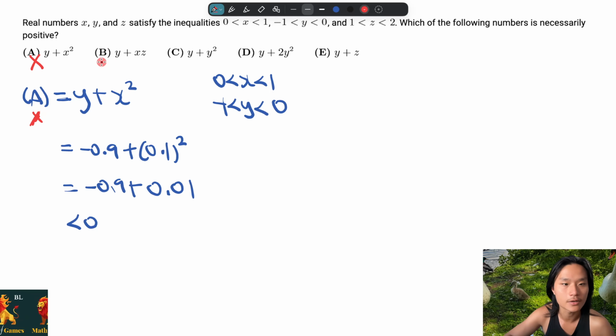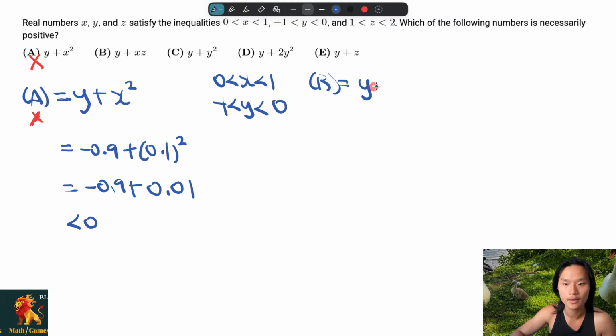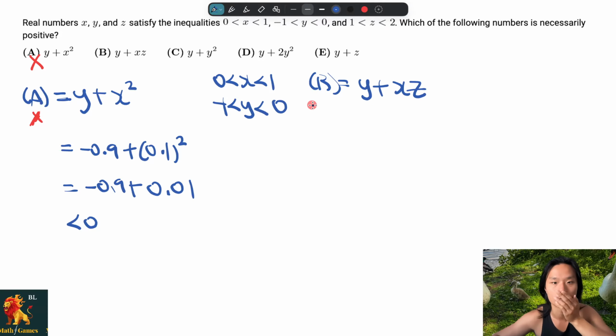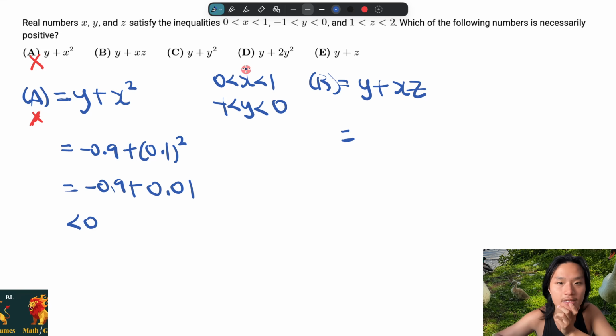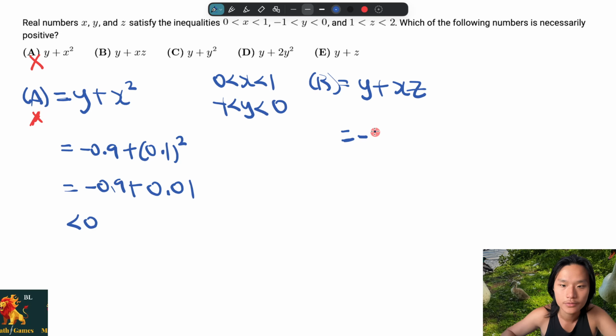Now let's take a look at option B. So option B concerns y, x, and z. Okay, so we have y plus xz. So we want to try to make this negative. Now, immediately, I will also want to pick y to be -0.9. So -0.9 plus xz. And again, I want to pick x to be as close to 0 as possible. So let's say it is